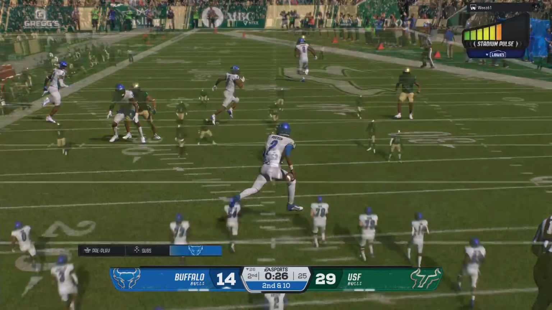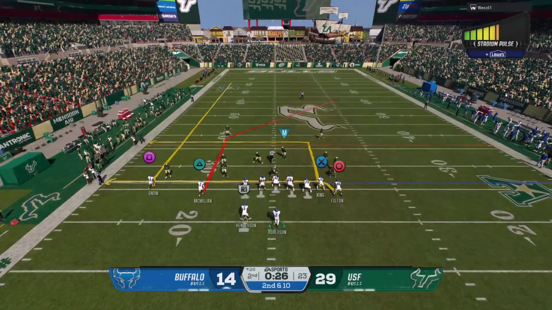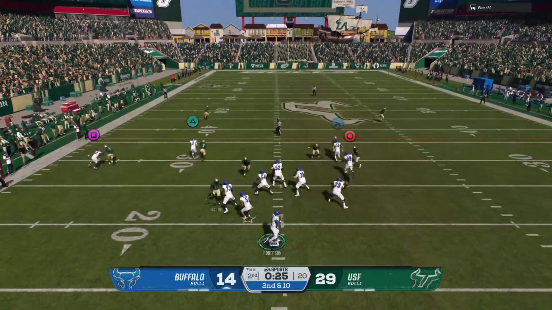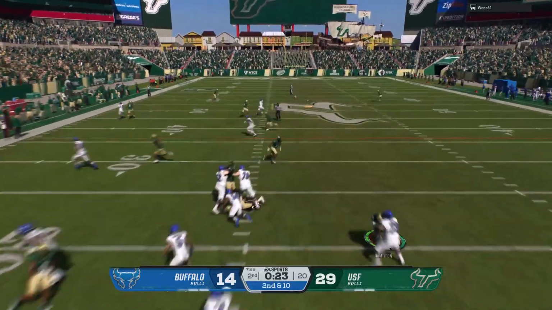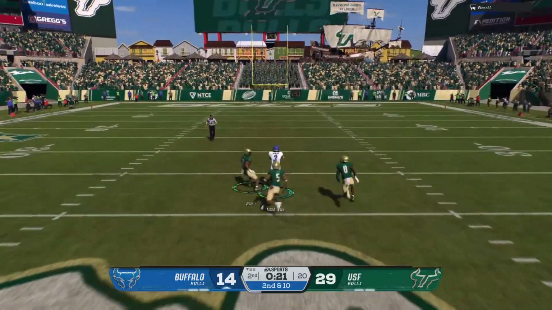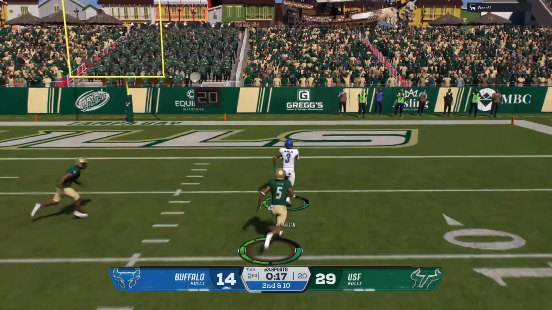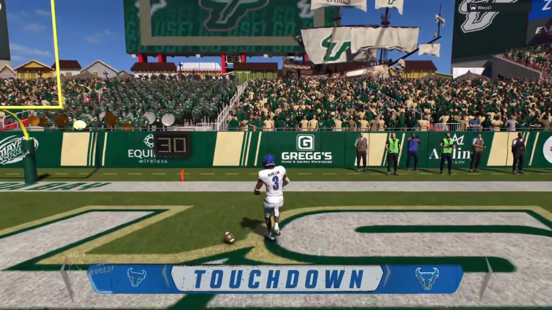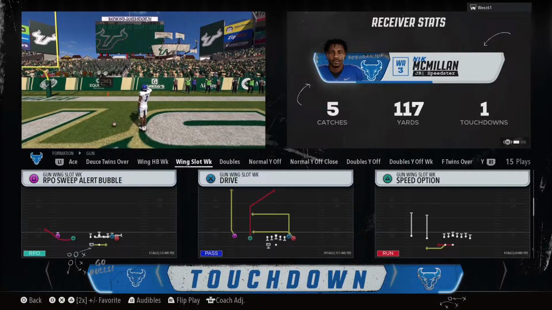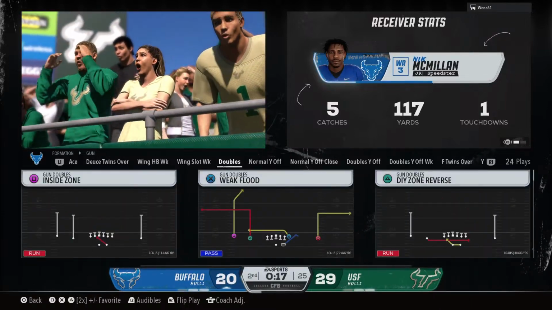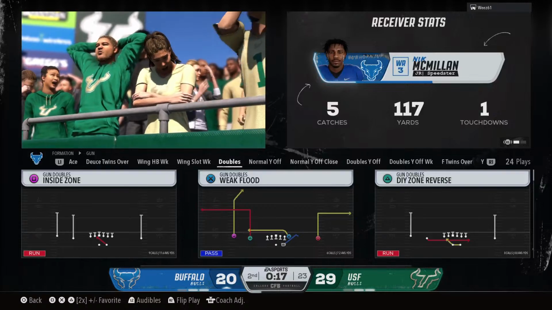It's nice when a QB can get outside the pocket and break down a defense and take off, but I thought the defense did a really good job of seeing it, understanding where he was going, kind of mirroring him towards the sideline. He's got it for a big play. Tons of room in the middle. And he eluded the defense, and he'll take it all the way. Touchdown, Buffalo!